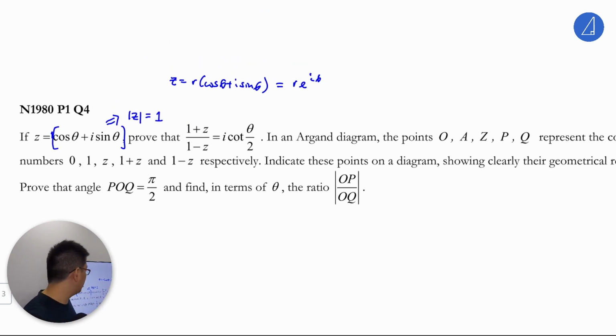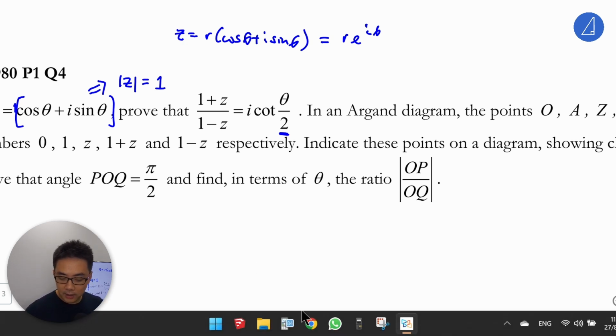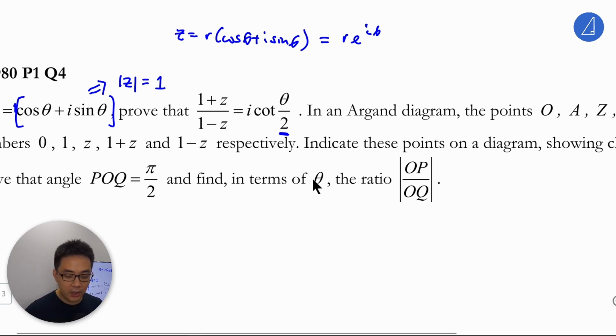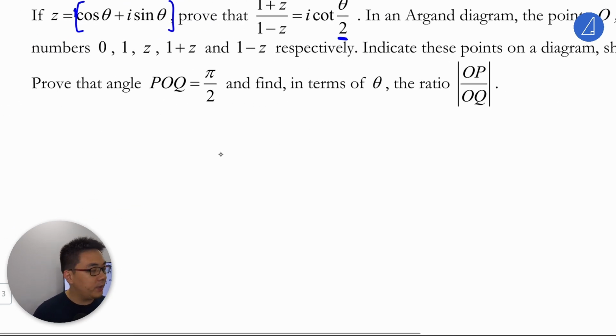This complex number here. Prove that cot theta over 2. So it's very similar to this theta over 2 here. Like I say, go to the question bank and search for the concept which is manipulating theta over 2. Okay, so that's the first one. In the mini revision set, we have also done quite a significant amount of it already. So just take note. So from the left hand side,